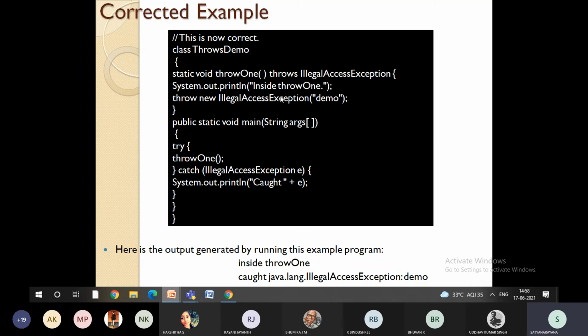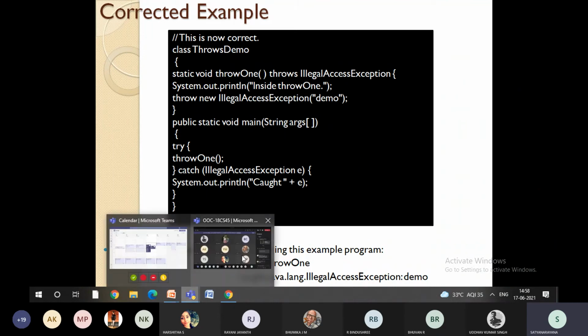Now within this, I'm going to write all the logic. There is no harm in writing all the logic, but the moment the compiler observes this, it will also check whether there is any illegal access exception. For this illegal access exception, again you can write the catch block. The moment you feel some illegal access happened, the catch block is going to be activated and it will say, hey, I found someone accessing it.